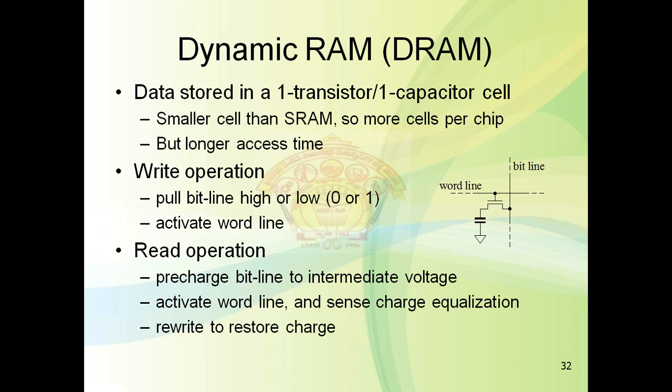It requires one transistor and one capacitor per cell. You can see here one transistor and one capacitor is required for one cell. So the area required for this memory is very small. Hence this cell is smaller in size than SRAM, so more cells per chip can be formed,